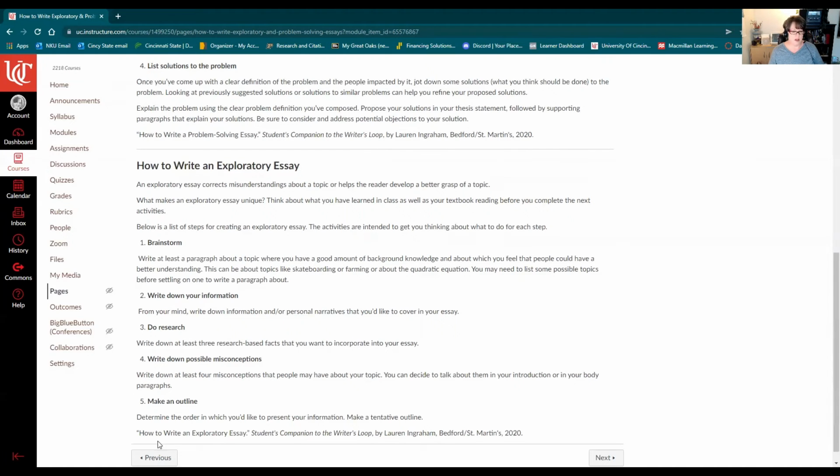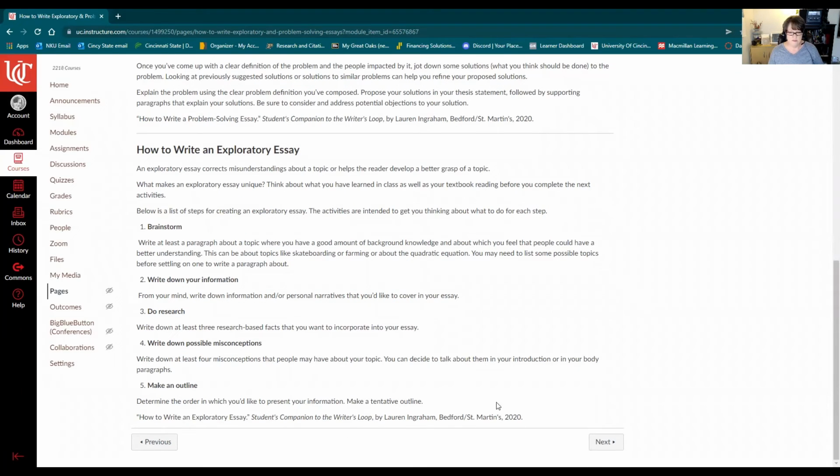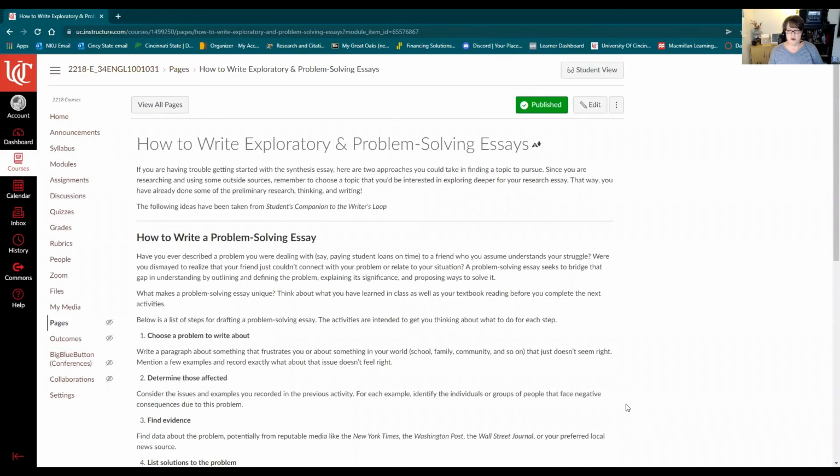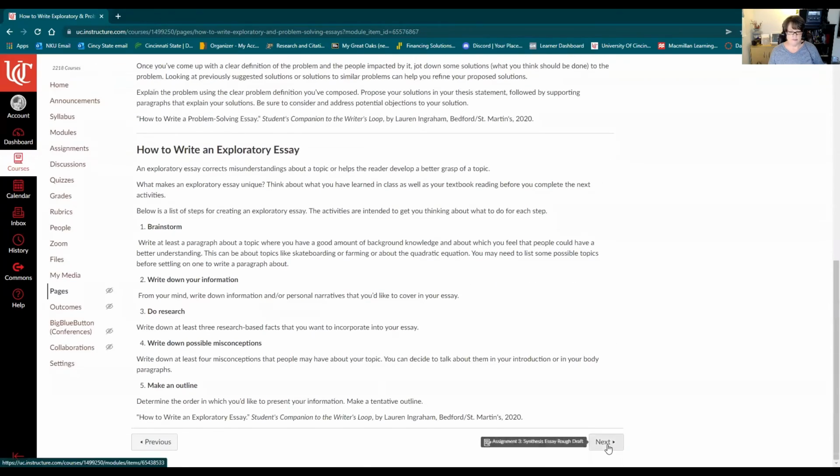And so here again are some suggestions on how to go about creating the essay with brainstorming, writing down information, doing your research, consider possible misconceptions that you want to address relating to your topic, and then make an outline. So these are a couple of ways that you could approach the synthesis essay, but by no means should you be